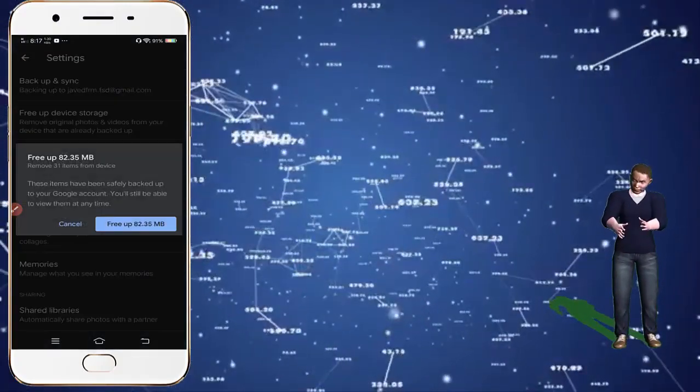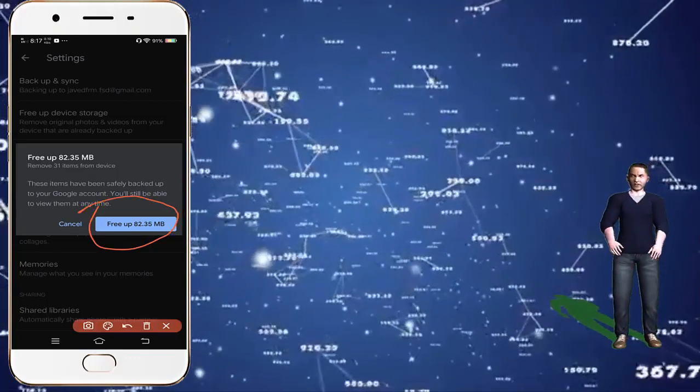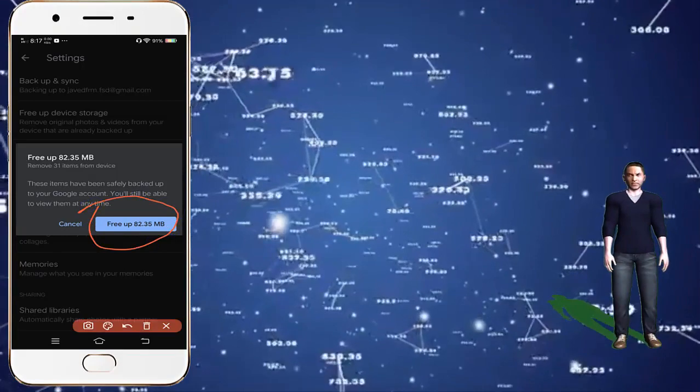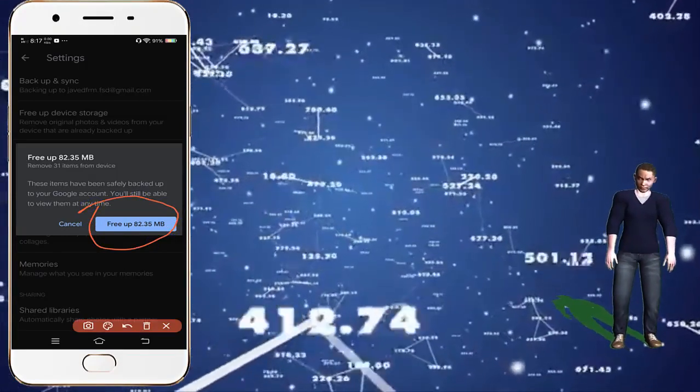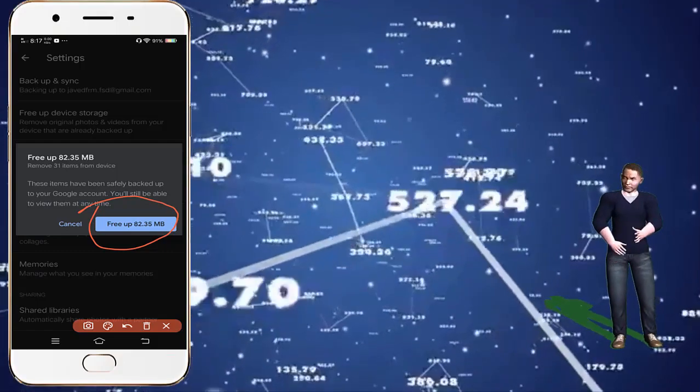So as you can see, this is 82.35 MB of space. Basically this is the space which Google Photos has backed up.